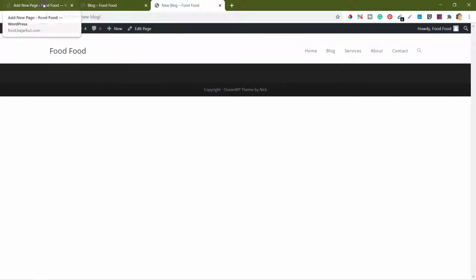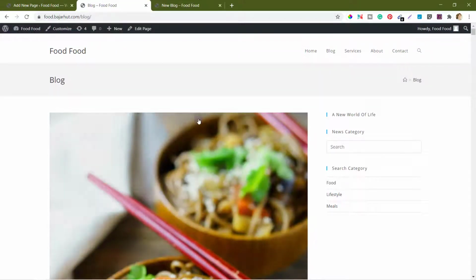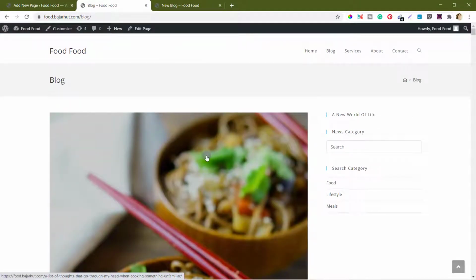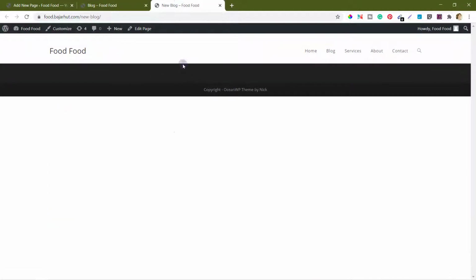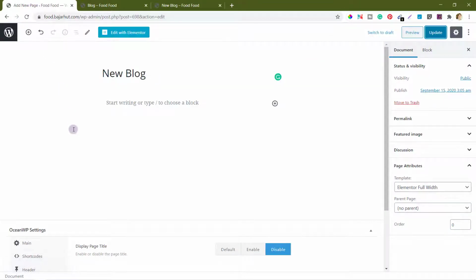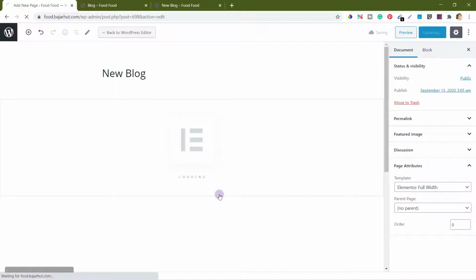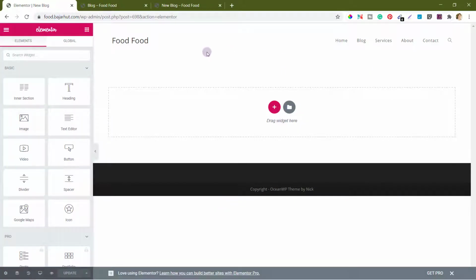Alright, now remember, this is the old blog, how it is looking like now, and this is the new blog page that we have added, and we're going to assign this as our blog page. Alright, now here we're going to click on edit with Elementor so that we can edit this page with Elementor plugin. Now we have opened the Elementor editor, and you can see this is how it looks,